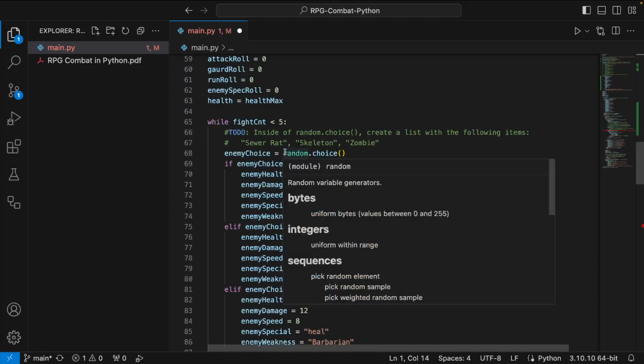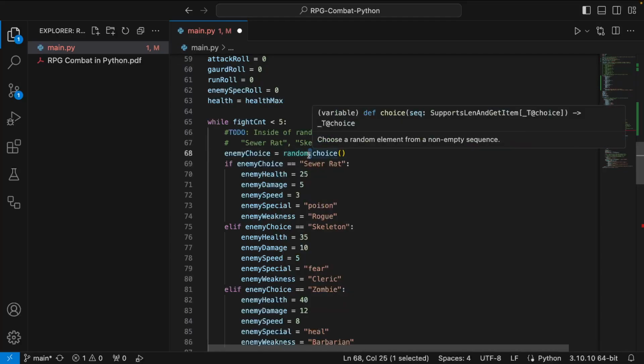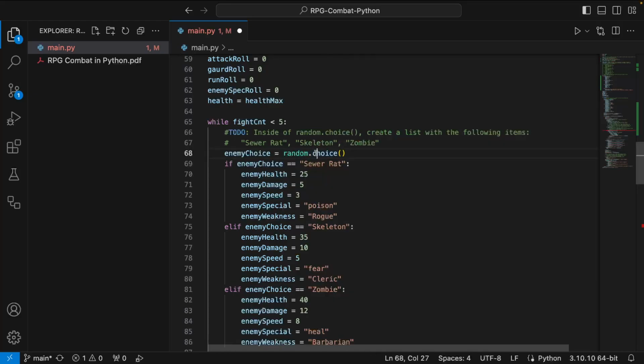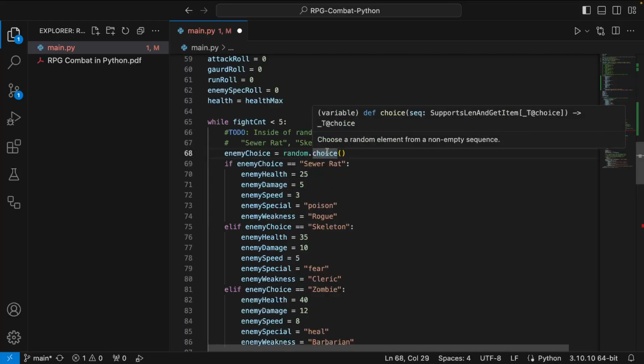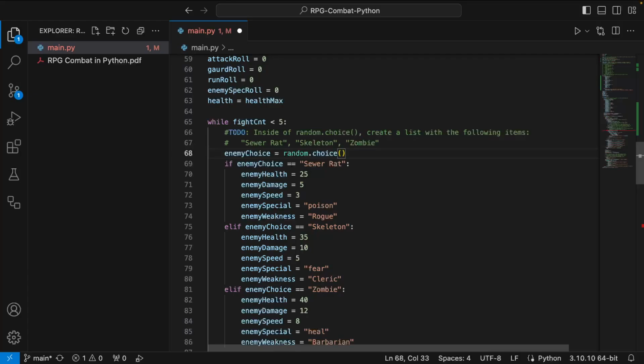So random is the library, and you put a dot, so you're referencing it, and choice is the function. And you can Google what these functions are. Choice just takes a list of items, whatever list you give it, and it picks randomly. So in here, I want to give this function a list of strings: sewer rat, skeleton, zombie.